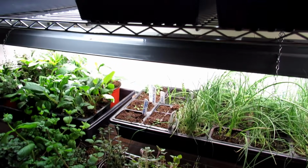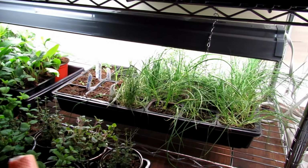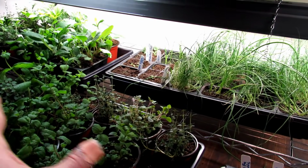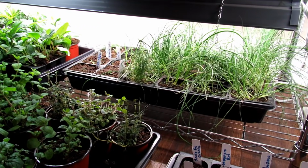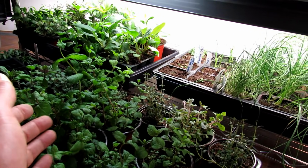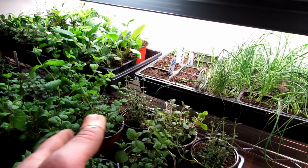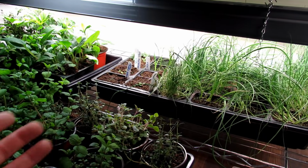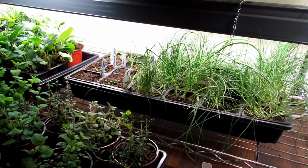Because these plants haven't really been hit by wind and by sun, if you put these right outside, planted them day one, sun comes along, 8 hours, 12 hours of intense sun, it's going to burn all the leaves and damage your plants. So you have to acclimate them to the outdoors. That varies greatly. When your plants are this big, you really want to start transitioning them outside for 15 or 20 minutes a day, increasing the time over a 7 to 10 day period, and let them get used to the UV rays from the sun, let them get used to the temperature change, let them get used to the